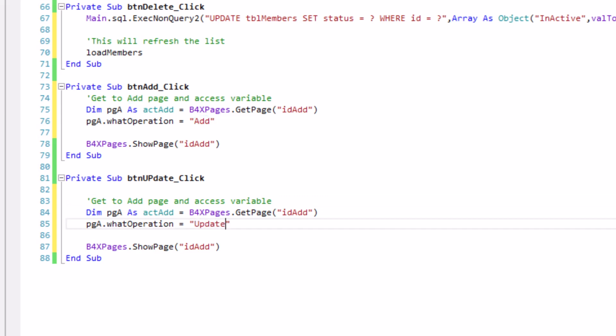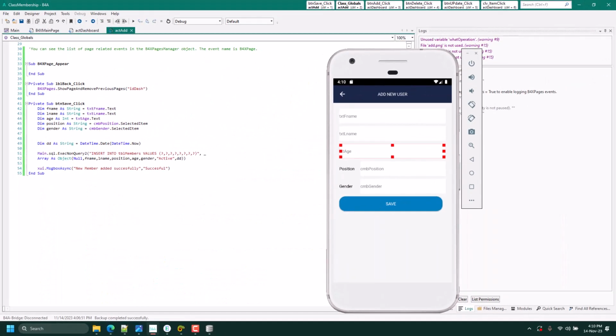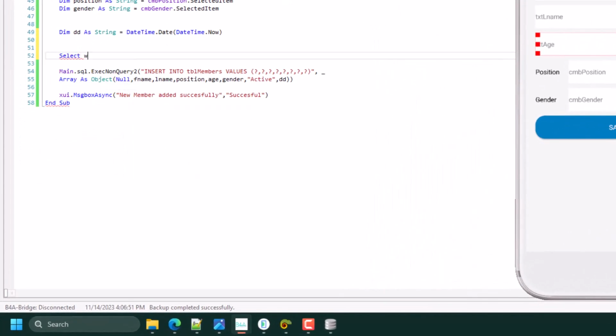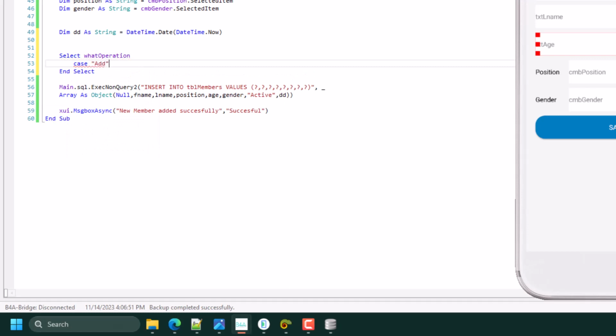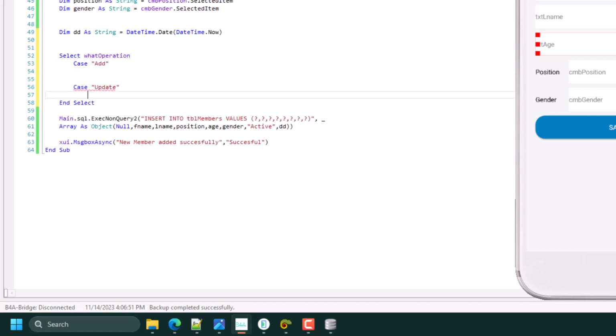Yeah, we still show page add. So page add, when, so here we'll do a select on the operation, case add, and then case update, right? So this is case add.